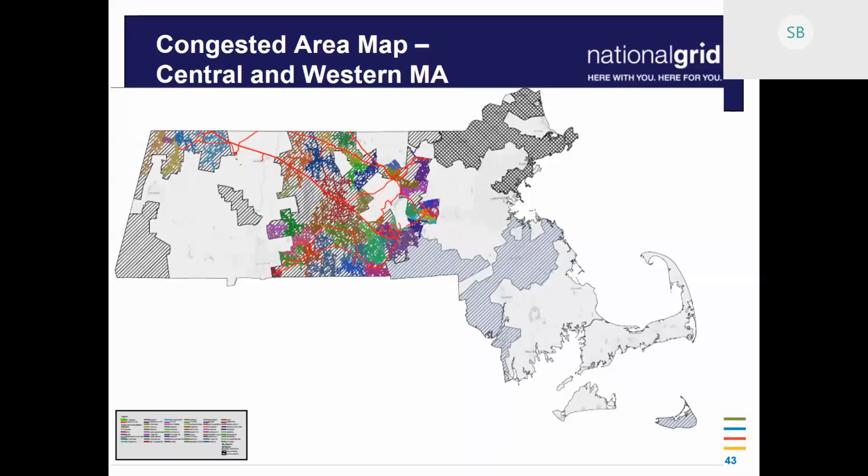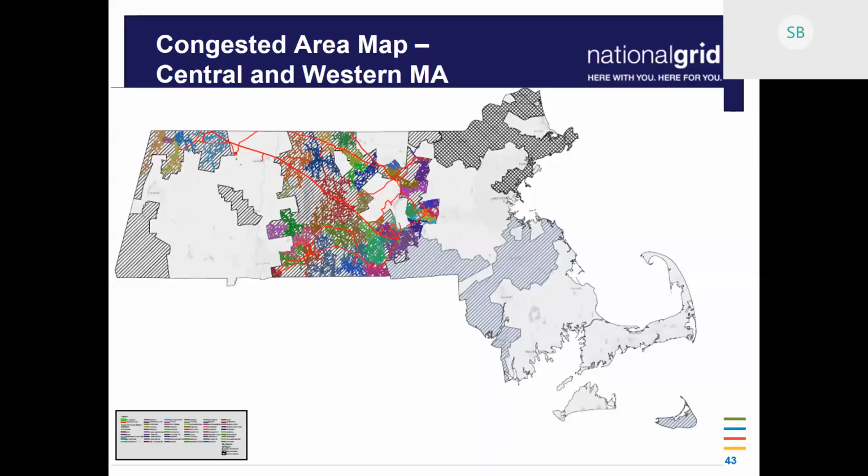Sure. To be clear right off the bat, this is not a group study as defined by the Mass Tariff. Because of the volume and the amount of megawatts looking to interconnect in certain areas, it didn't make sense anymore to keep blinders on and look at just one substation and find that individual solution for what we could do out of that one sub, limiting ourselves to that one area. We had over 100 megawatts in most of these areas trying to interconnect all at once. So we tried to leverage what was available to the best of our ability, and then see how the different substations could be leveraged together to get the most we can out of that area and interconnect as much as we can.